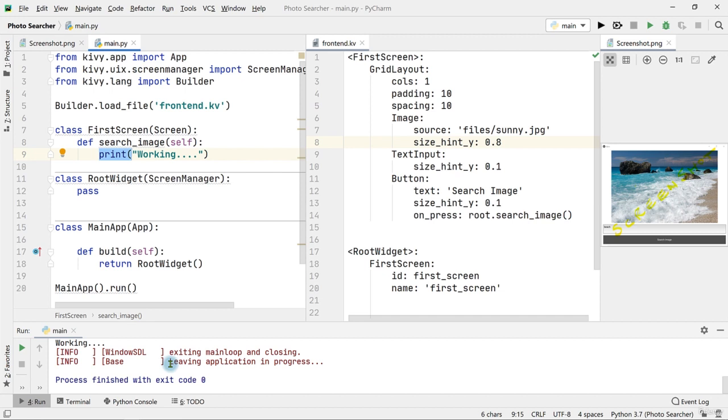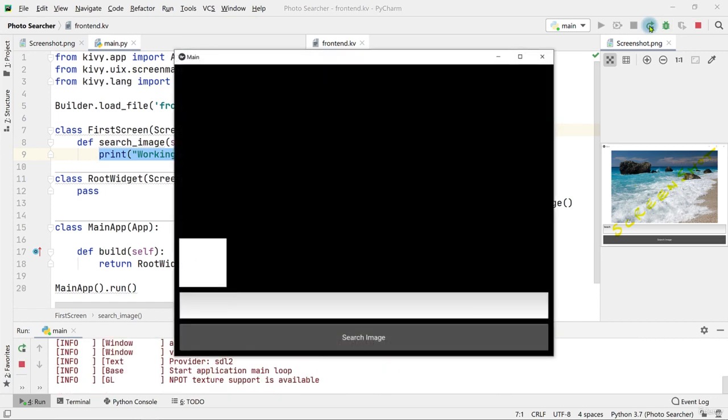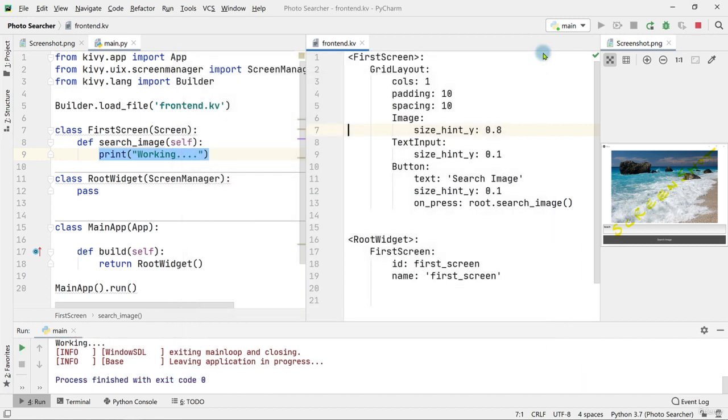Now, of course, we want to do something more advanced instead of just printing out a string in the terminal. So let's do something more advanced in the search_image method. What I would like to do is remove the source property from image, so to have an empty image widget. As you can see, no image there currently, and I want that when I press the search image button, the picture is added in the image widget. So let's do that. We want to write some code in the search_image method, and all we have to do is do